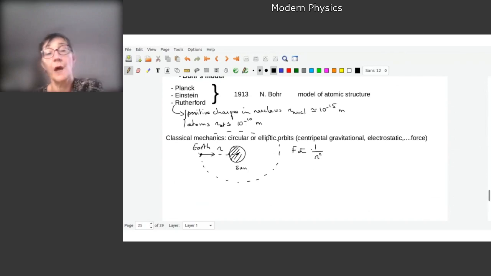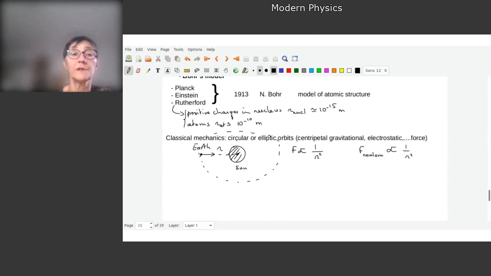Here we have the Coulomb force, F Coulomb, which is also proportional to 1 over r squared. And so these orbits are possible,